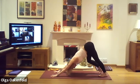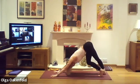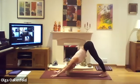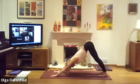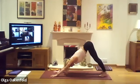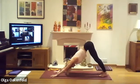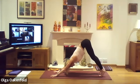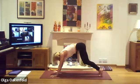And maybe sport walk. This is quite nice to sport walk, to stretch the back of the legs. Or if you prefer just to stay there, enjoy that stretch. You don't have to sport walk. Just choose your style. What do you want to do? What is a more pleasant stretch for you for now? On your next inhale, come up high on your tiptoes, look between your hands, bend your knees and walk towards